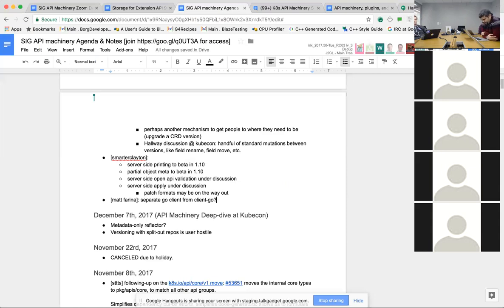So what is hidden here is that by making Client Go behave that way, we are breaking use cases of having it update and react to changes in the types and the API machinery that is developing. And so the cost of that is breaking the current use cases that Client Go is meeting. So I think it's all about what you value. If you want to write a point-in-time application and never touch it again, then you probably don't want to be using the Client Go that is keeping up to date with changes in API machinery.